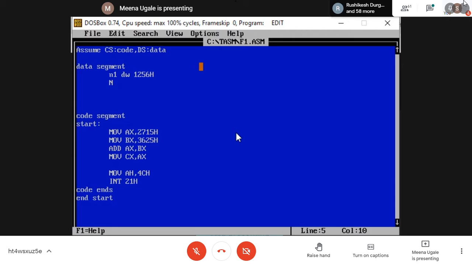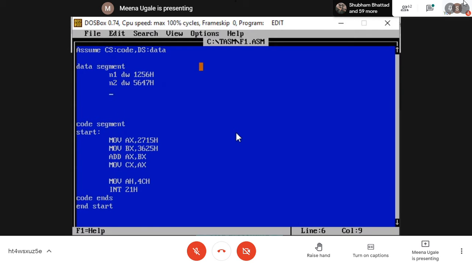I'm taking my second number, N2, again of DW type, and you write down any number for this. You can even write A, B, C, D, E, F digits also.